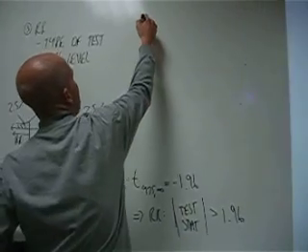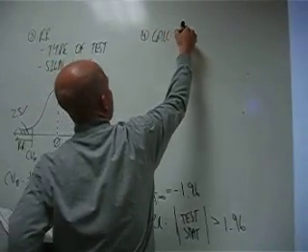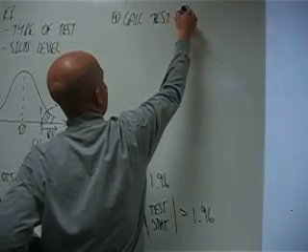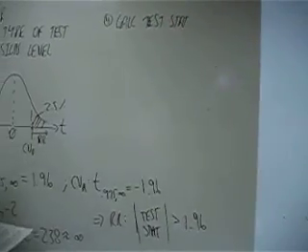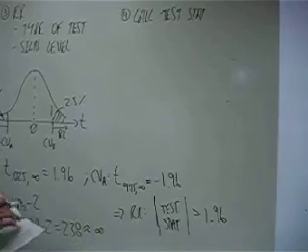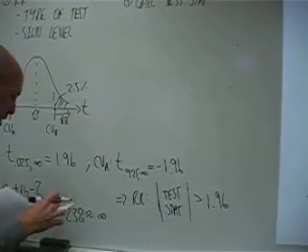Step 4 is where we actually calculate the test statistic. This is where we have to use the formulas that are going to be provided on the exam. So first thing we're going to look at is the t-statistic formula, and that is going to be